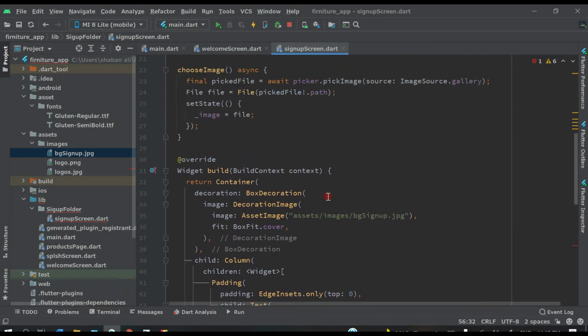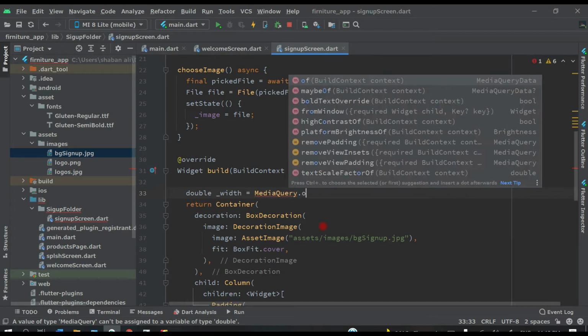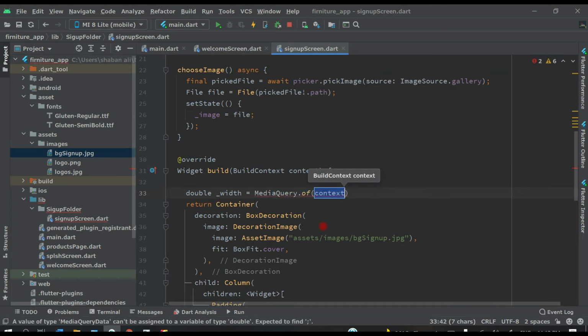Come back above here, before this container, and here write double. It's a double type variable, and write here _width and MediaQuery, and just delete all these things here like this, and .of(context).size.width, like this.